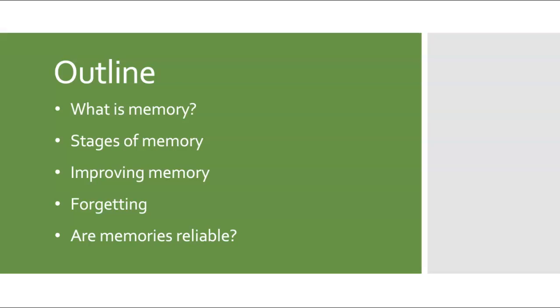But with that said, we will be looking at what we mean by memory and how we define that in psychology. We will then look at the different stages of memory, and then we'll spend some time looking at ways you can improve your memory, different memory techniques. And then lastly, we'll look at forgetting and whether or not, this is an important one, we can actually trust our memories. Are the memories that we pull out the same as what we actually experienced in the first place, or are they modified somehow? In which case, does that then make them less reliable? And all of that will become clear as we go through this week's lecture.